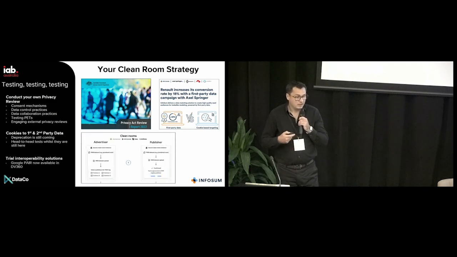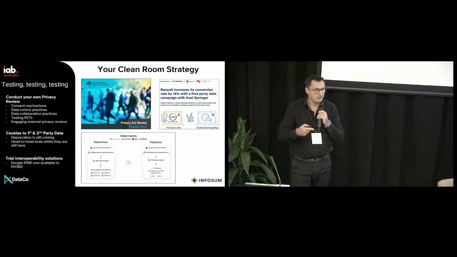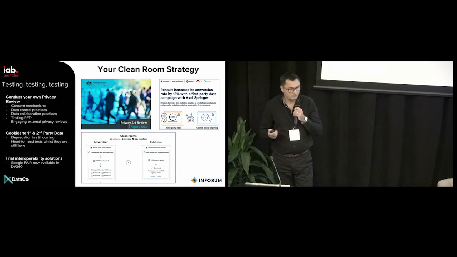And finally, as we've alluded to many times, interoperability is beginning to occur. Google Pair launched Private Invite last week. This is now available through DV360, where you can get data clean rooms to be interoperable and create a programmatic buying model based upon that data. So all this stuff is moving. You should be testing all of this right now, and if you're not, you are probably a bit behind.